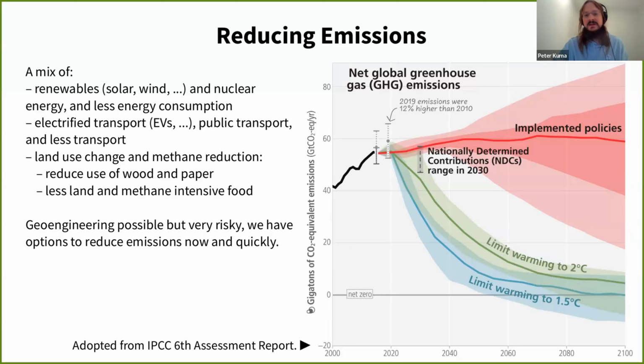For example, meat and dairy are very intensive on methane emissions due to livestock emitting lots of methane, and keeping the livestock is also associated with lots of land use to feed the livestock. So the land use is also responsible for deforestation and other changes in the land, which usually cause stronger warming.